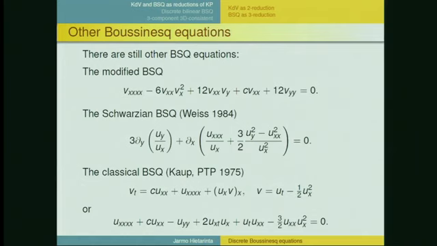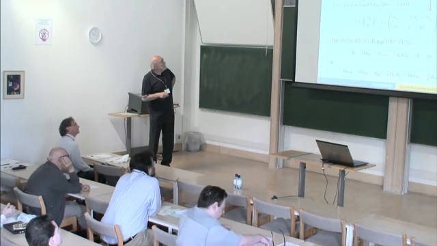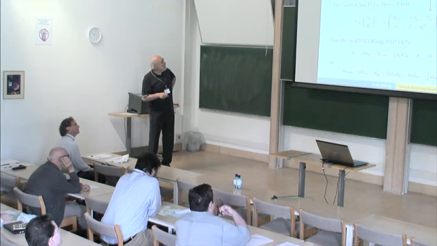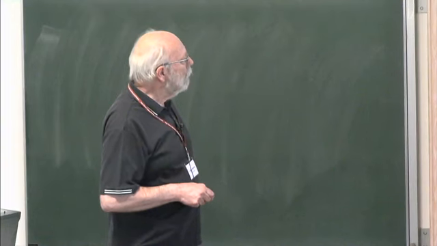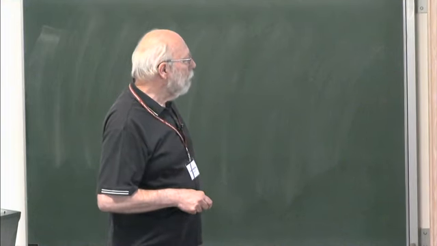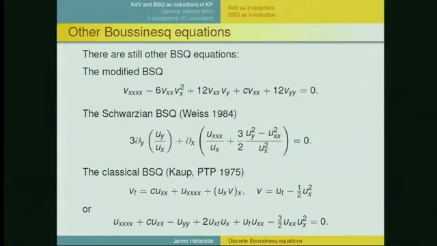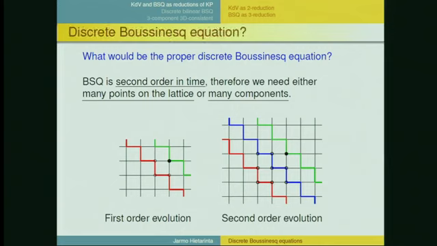Now, a characteristic property in all these is that it is fourth order in x and second order in time, which I sometimes call y, and also here. So this is a problem in the sense of discretizing, because if we have a second order equation,